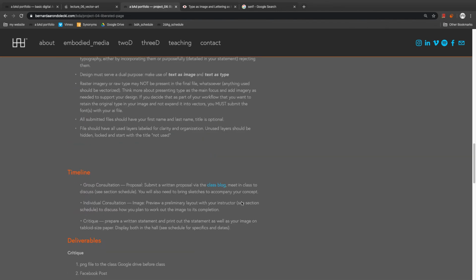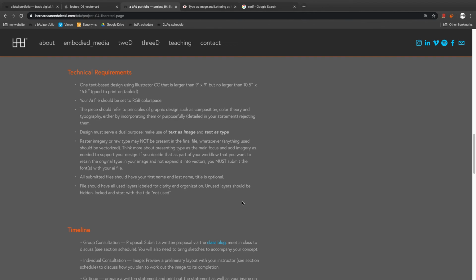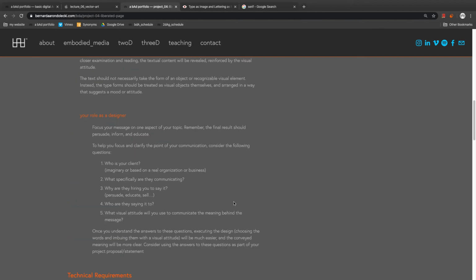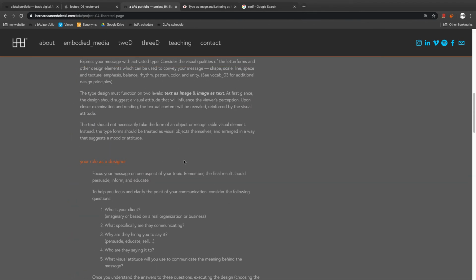Let me go back up here. So, and I guess just trying to clarify, I'm not saying that your type has to take the form of an object or an easily recognizable element, like